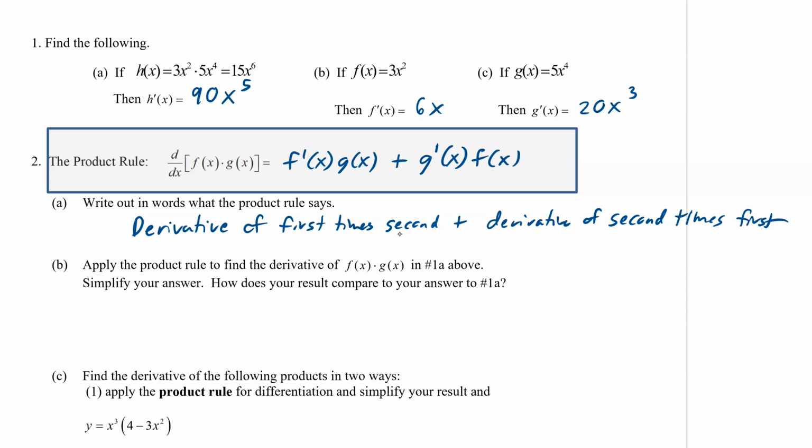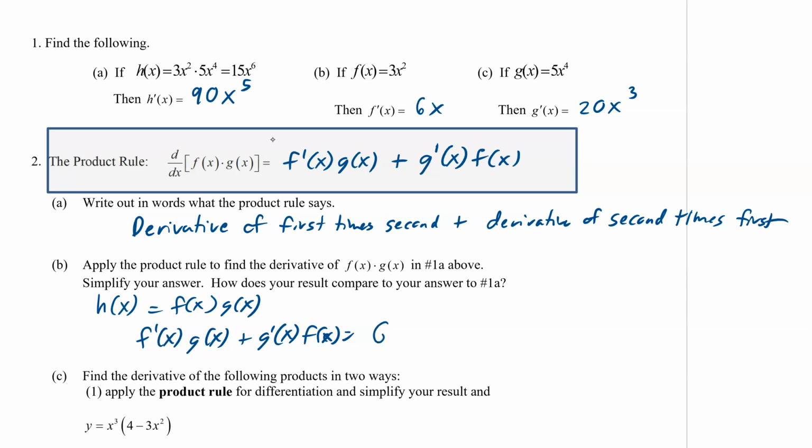Okay, so now we're going to apply it to show that it works the same way. By doing this, we already knew the derivative for our h is 90x to the 5. So now what we're going to say is our h of x is equal to f of x, g of x, our first two. And so we're going to get f prime of x, g of x, plus g prime of x, f of x. So if I write these out with what we have up there, we'll be able to see what it is. So our f prime is 6x times our g, and our g is 5x to the fourth. And we put plus. And then our g prime, which is this one,